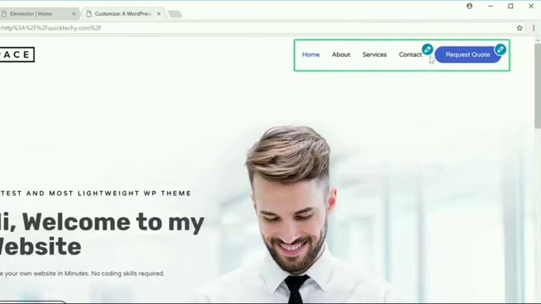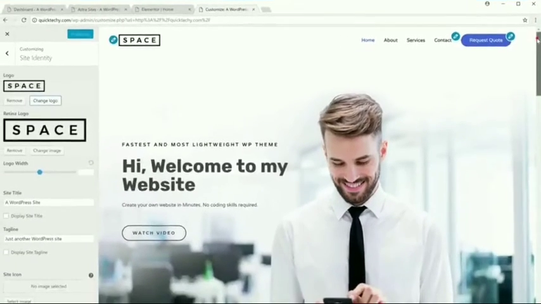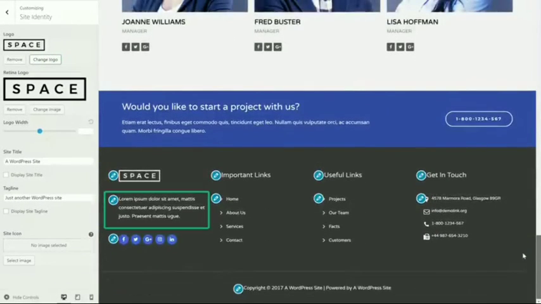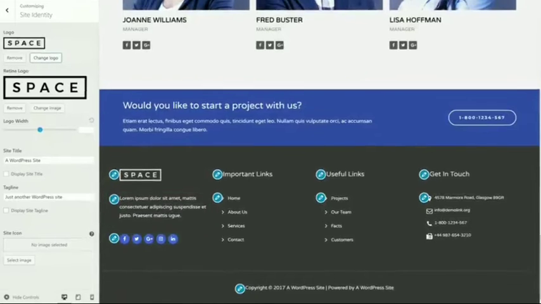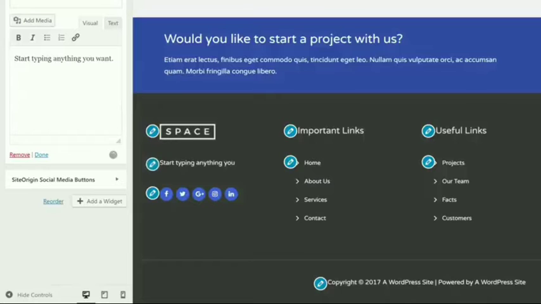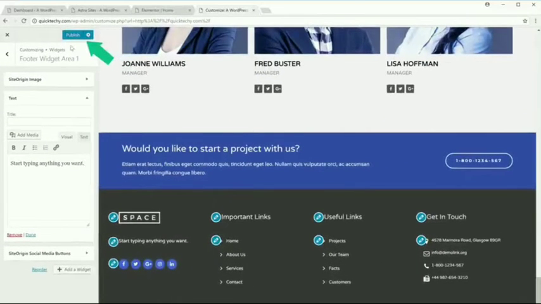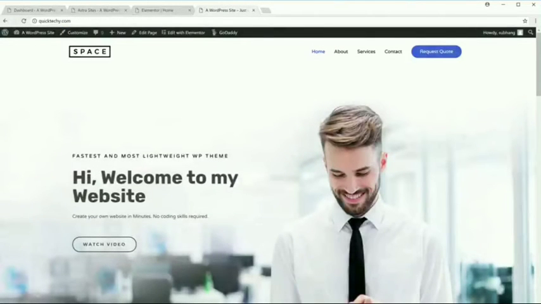Now the same way you can change the menu section by clicking these icons. So everything can be edited by using these blue icons. And this will be the same in the footer area also. So let's say if you want to change this text, you just click this blue icon and start typing anything you want. Once you're done with the changes, just click Publish and they'll be published on the site. So now let's close this and let's go back to our site. Okay, so we saw how to edit the header and the footer area.